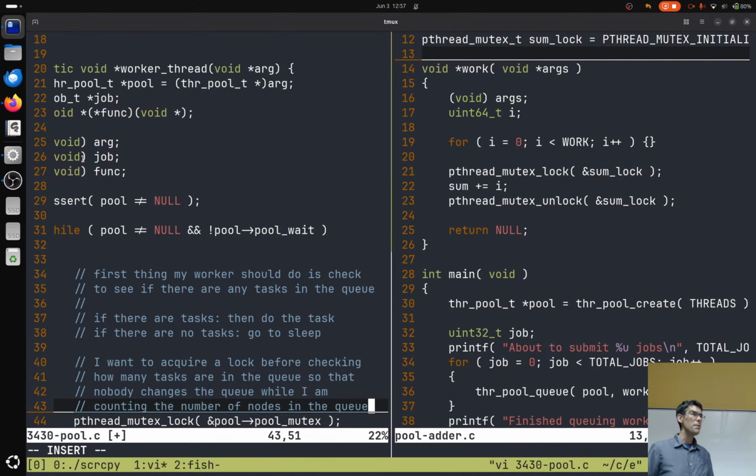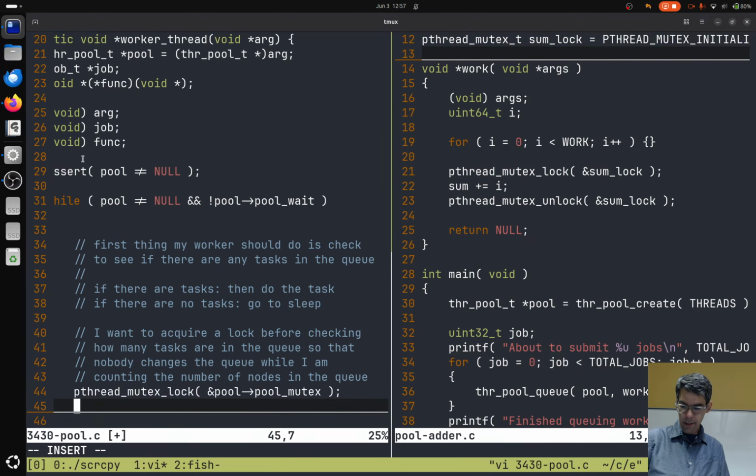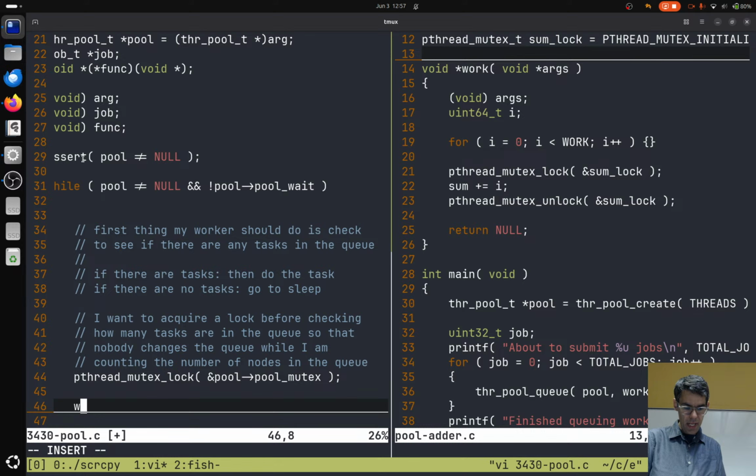I don't want anybody else to change the number of nodes while I'm actually counting the number of nodes that are in the queue. So I'm going to acquire this lock. And then what I'm going to say here is, while the number of nodes, queue size is the way that we're going to ask how many nodes are in this queue, while it's equal to 0, while there are no tasks for me to do, and I'm not shutting down,